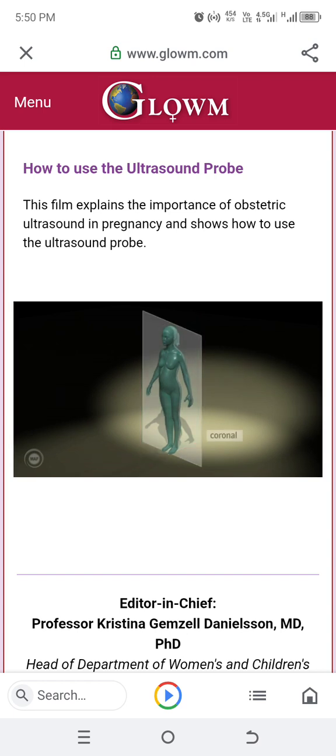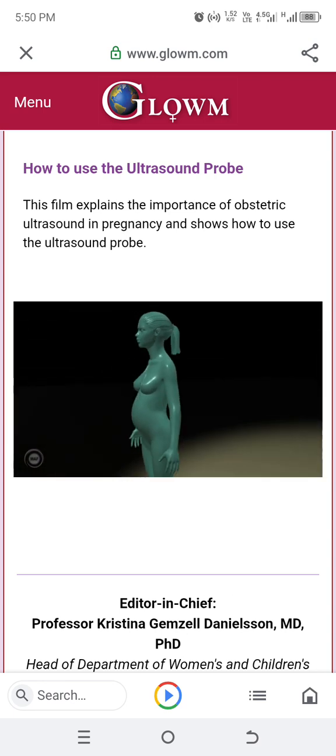Coronal. Coronal is used when describing the view of a section that passes through the mother or fetus from left to right. Anterior and